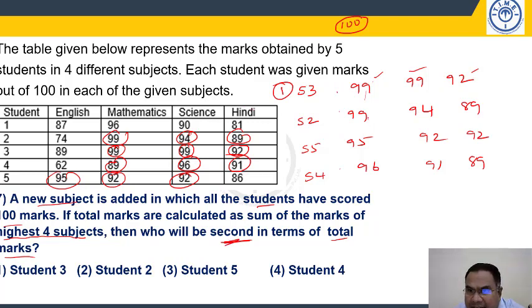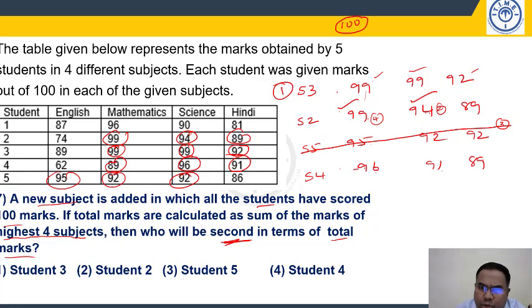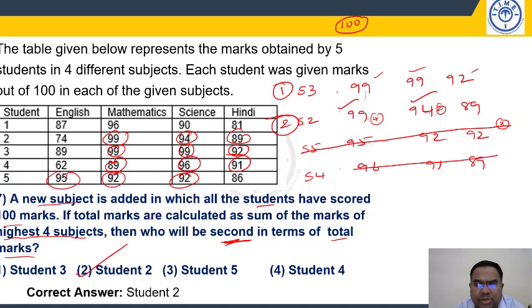Let us compare this. 99, 95 is more, 94, 92 is more, 89, 92 3 more, but here 94, 92 2 more, 99, 95 4 more. So clearly student 5 is eliminated when I compare with this, because I have to find out second person, right? Second highest. 99, 96 he is highest, 94, 91 he is highest, 89, 99 same. So student 4 is also eliminated. So who is second position going to? Student number 2. Student number 2 is my choice.